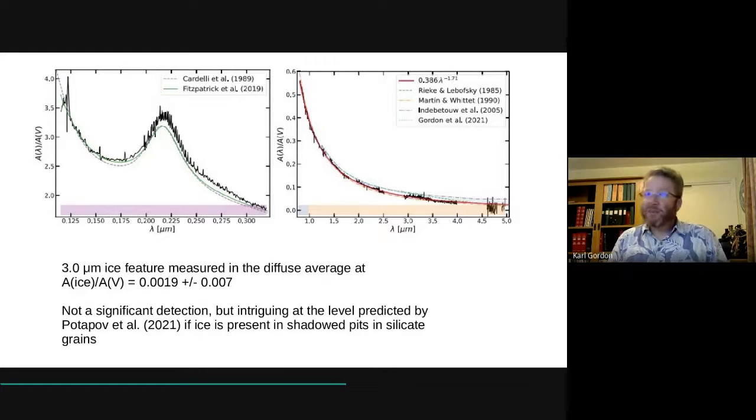It's not a 3 sigma measurement, right? It's very small, maybe 2.5 sigma. It's not significant, but intriguingly, it's at a level that was predicted prior to this work by Potapov, who said if ice is present in the shadowed pits of silicate grains, this is the level it would be. And we're about that level. So this is very intriguing, extremely tentative, not significant at all, but something we definitely want to follow up,